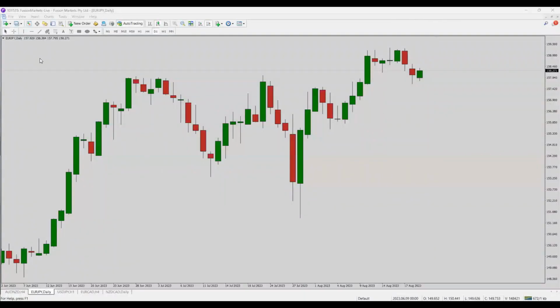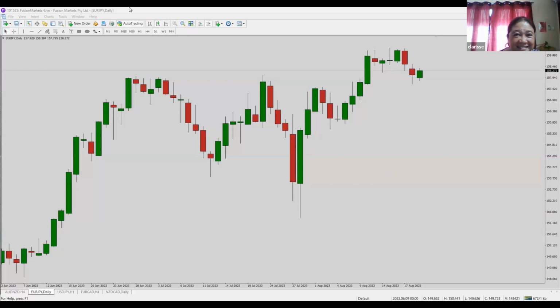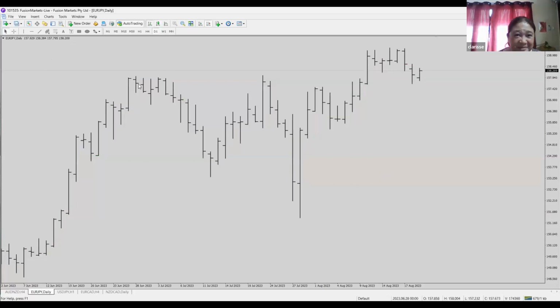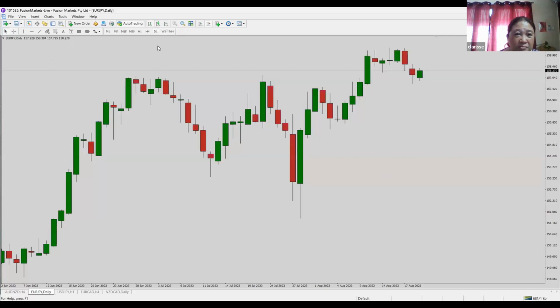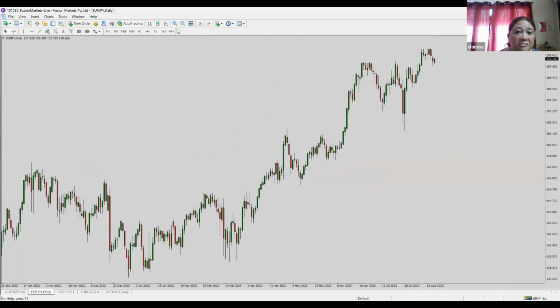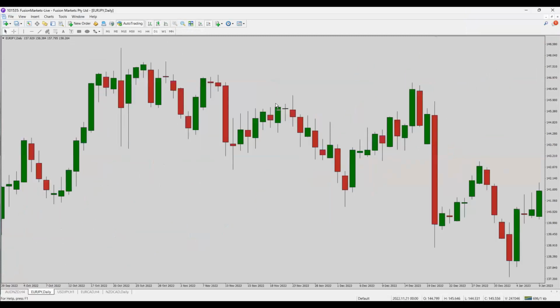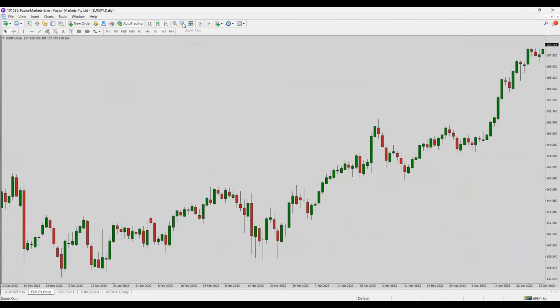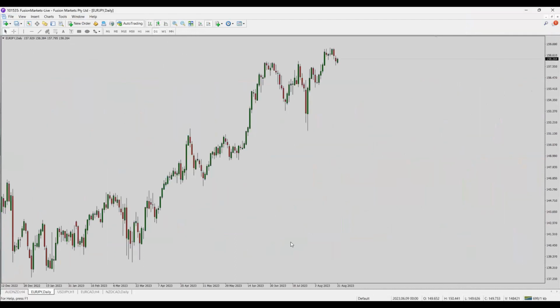Okay, now can you see my screen? Yes. Okay, now just now you click this. This is called bar chart. Can you see that? Yes. Bar chart. Now I click this one. It becomes candlestick chart. Here there's a plus, there's a minus. Zoom out. Okay. Thank you. Zoom out. And then plus means zoom in. You try to zoom in. Then you can see your candlestick. Zoom in. Now you share your screen again.